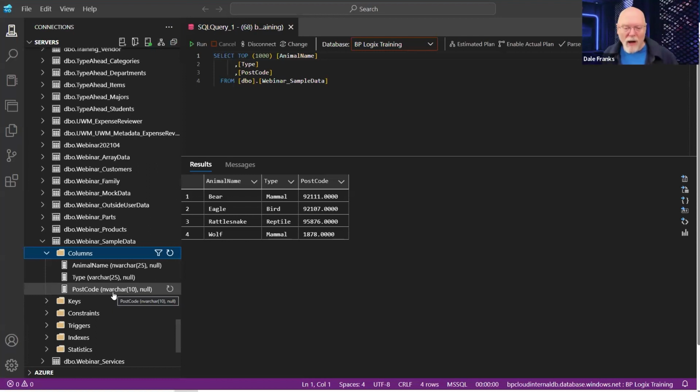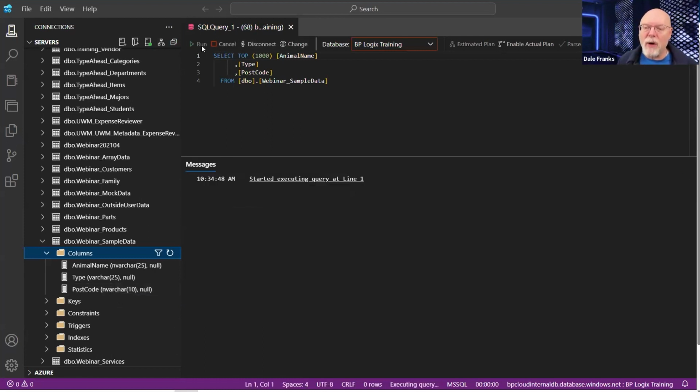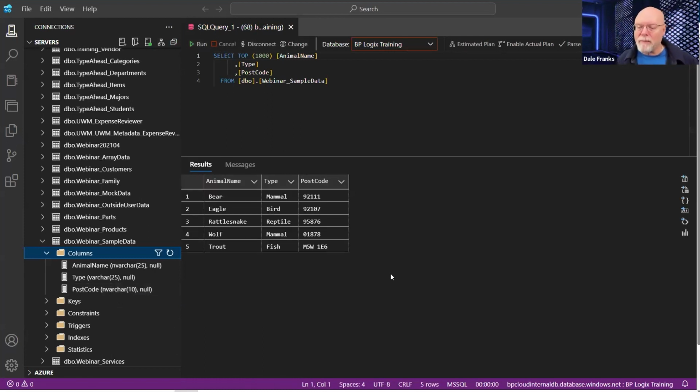And so I got the right field type for this postal code. And obviously, if I rerun my query, I can see all of my data the way that I expect to see it. It's got all the proper data types that I want for my data.